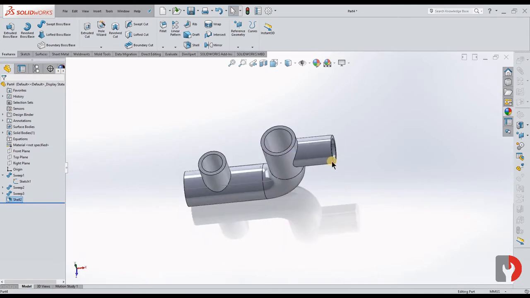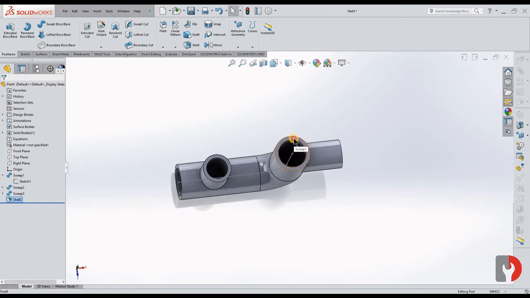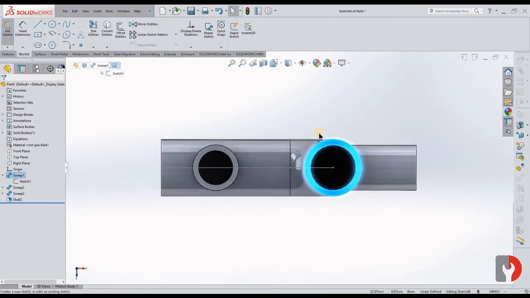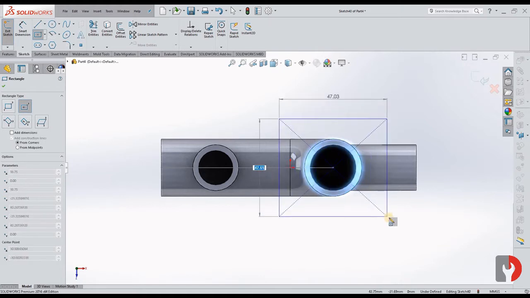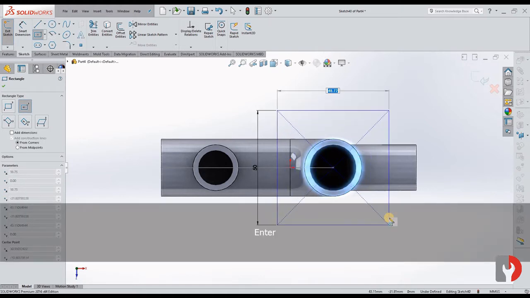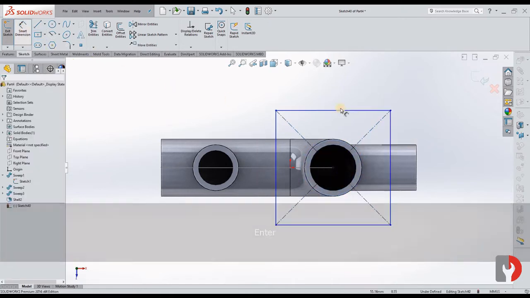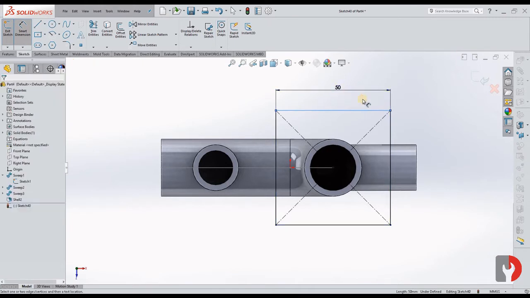Okay, now let us make the flange over here. Dimension it 50.